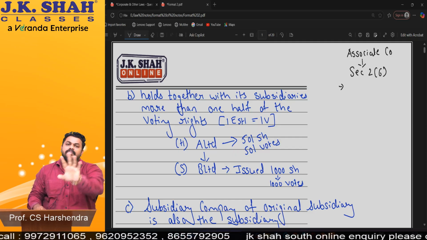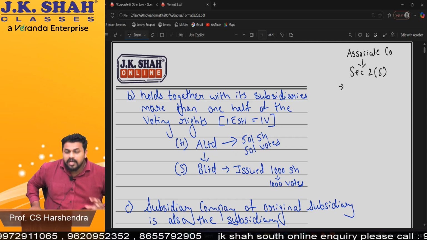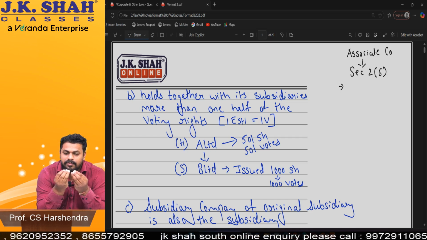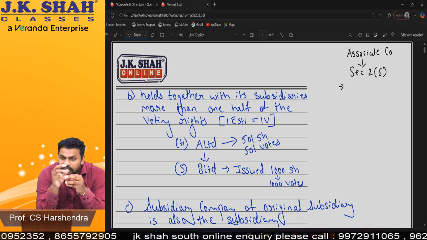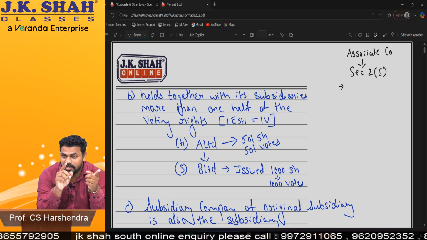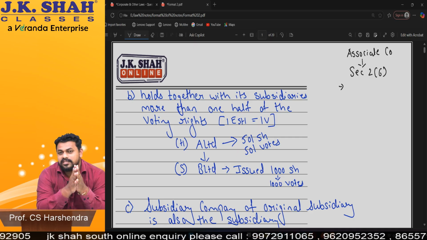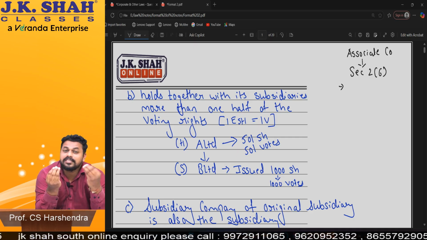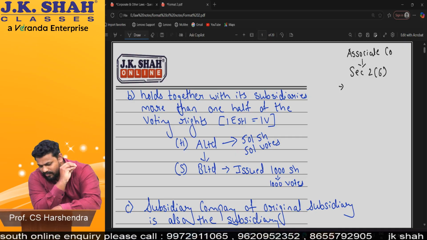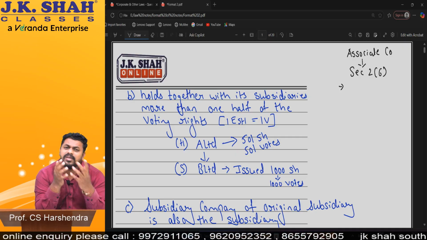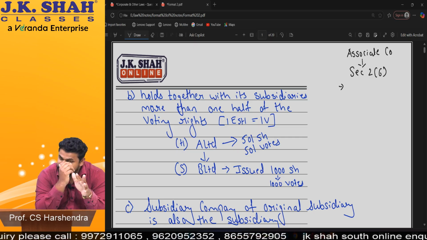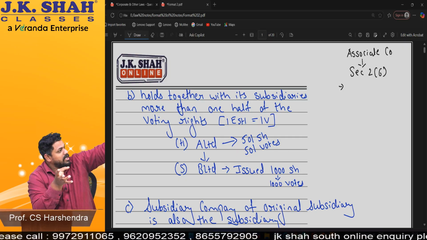See, understand guys. Now, pay attention here first. How is it written? Beautifully it is written. An associate company means which company? If one company has significant influence over another company, both are associates. Sir, what do you mean by significant influence, sir? Okay, legally I'll tell you, but generally, do you remember I told holding, subsidiary, associate?